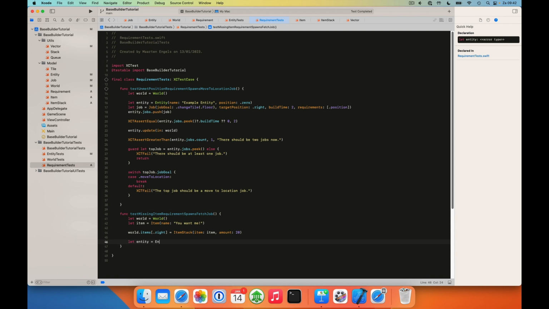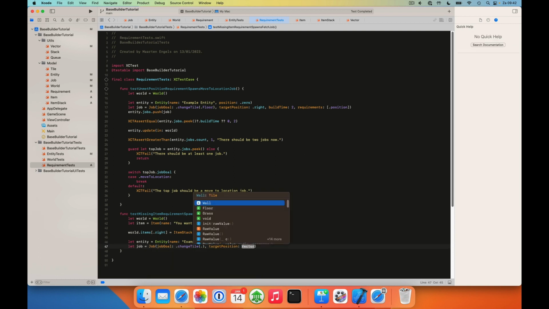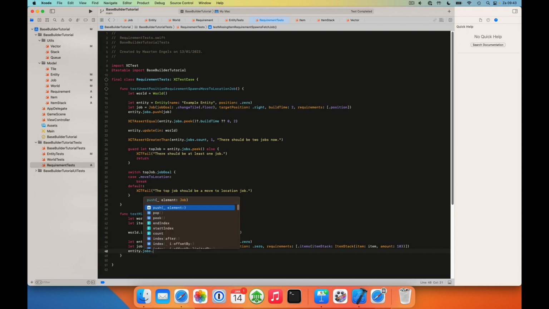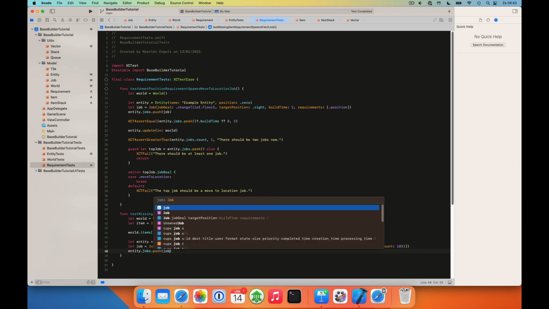I have an entity at position 0. I will have a job, and our job goal will be to change the tile to, for instance, floor at position 0. Then this will have a requirement of items, and we require the item, and we require 10 of these. We will put this job on the entity's job stack